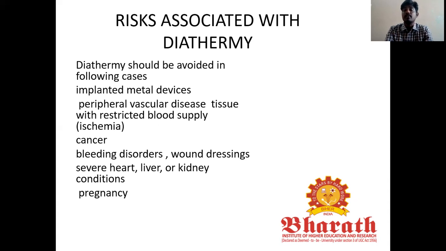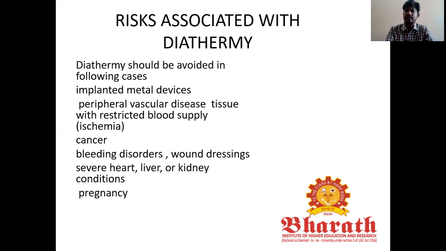Next, what is the use of long wave diathermy? For patients for whom it's not possible to treat with short wave diathermy, long wave diathermy is prescribed. We already know the range of short wave diathermy is 40.68, and above that, long wave diathermy is used. With the help of long wave diathermy, we can do the treatment. It can relieve the patient, and it is better compared to short wave diathermy.